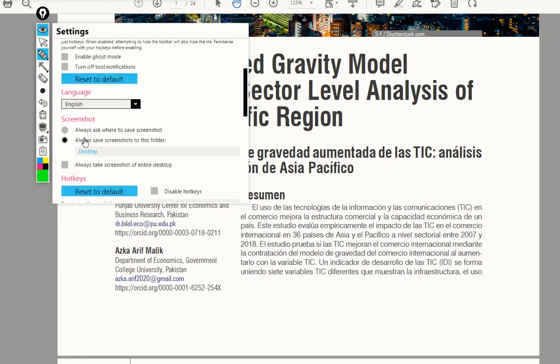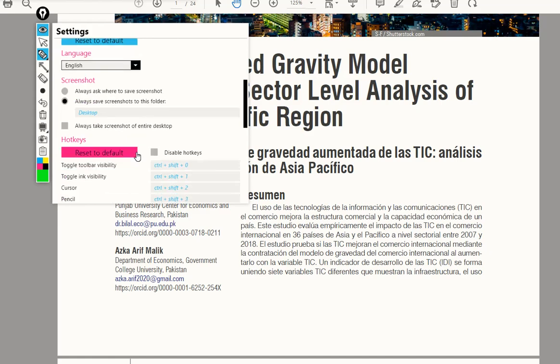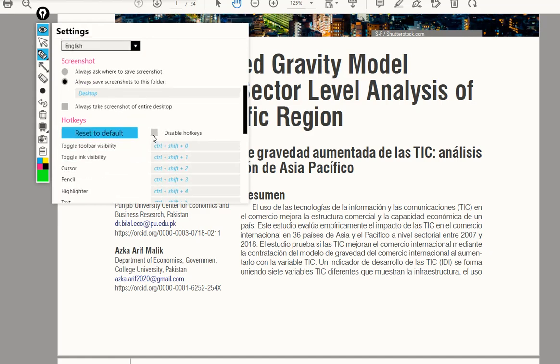The snapshot that it saves gets saved on desktop, but I can choose this option to allow it to save it somewhere else and ask me before saving it. So if I want to save them automatically on some other path, I can do this. I can change this path as well, and this is the process by which I can save all of the desktop rather than choose a certain segment of the whole screen, just like I did before. So I am unchecking it because I want to save a certain part of the screen. These are various